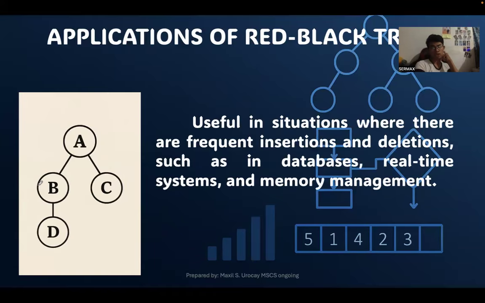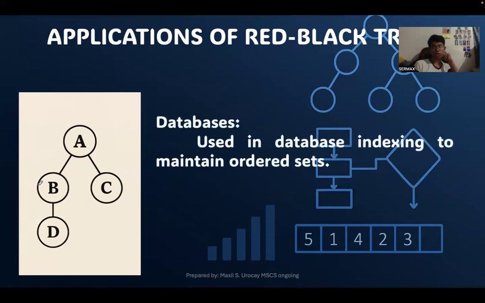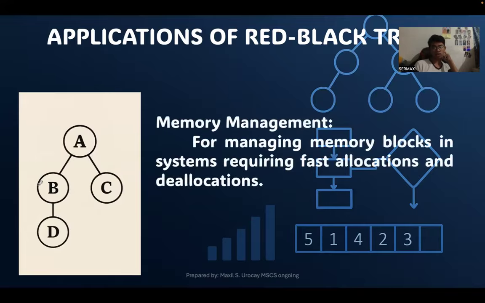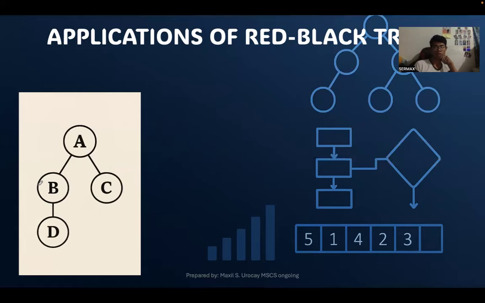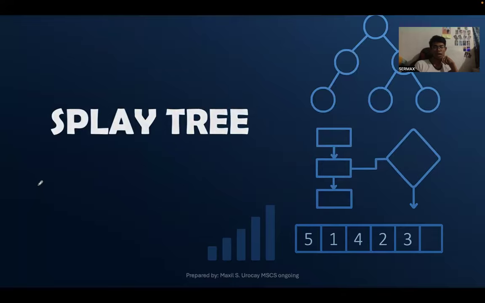They are useful in situations where there are frequent insertions and deletions, such as in databases, real-time systems, and memory management. Those are the applications of red-black trees. They are also used in database indexing to maintain the ordered set. They are also used in memory management for managing memory blocks in systems requiring fast allocations and deallocations. And we are also using them in real-time systems, where balanced tree operations are crucial for maintaining system performance. So those are the end of our topic